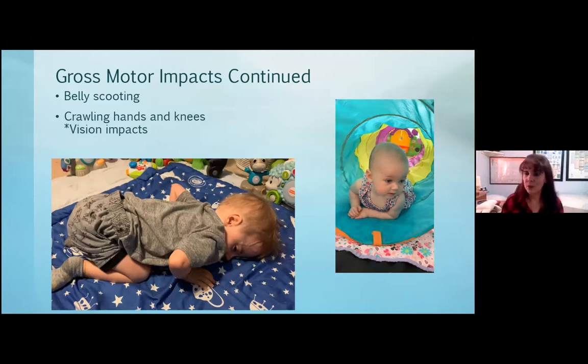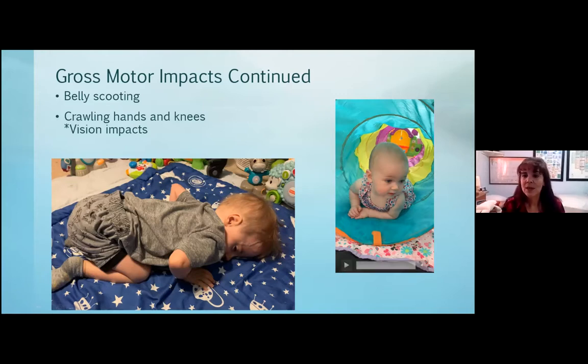right? They want to scoot on their bottom instead of getting on their belly, because the belly is hard. Tummy is hard because I've got to hold my head up. I've got to use my shoulders and my pelvis. And so it's just so much easier if I learn to sit, I can scoot on my bottom. That's a bad habit that I really like to discourage in my kids, and I really do make them belly